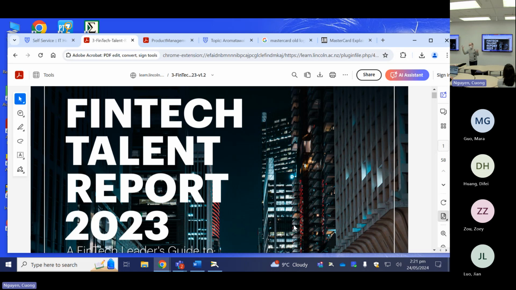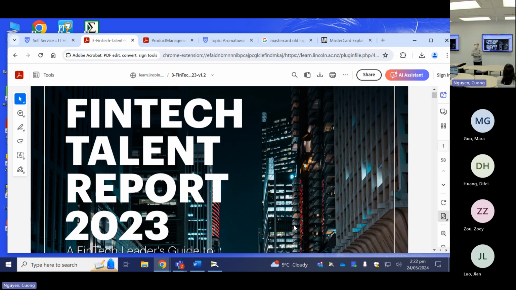You have tech knowledge, you have finance knowledge, but how can you combine these together in order to get money? You have an idea, you have technology, you have no money. Can you do anything? No. So capital is one of the three pillars for fintech products to happen: tech, finance, and money. Without money, we cannot live. So study this one, and hopefully you can get a good job next year after graduation.